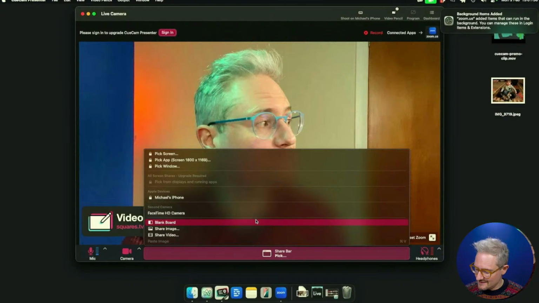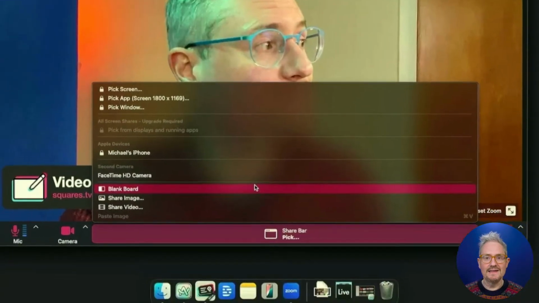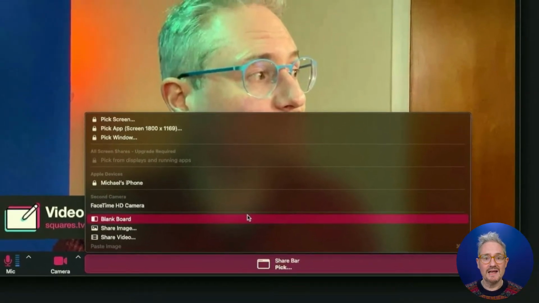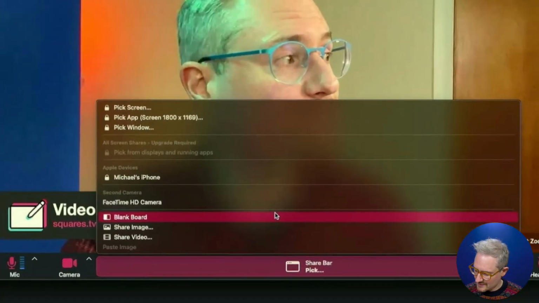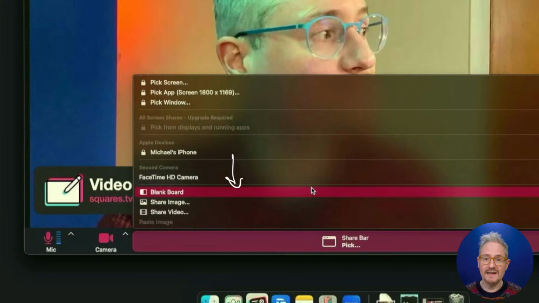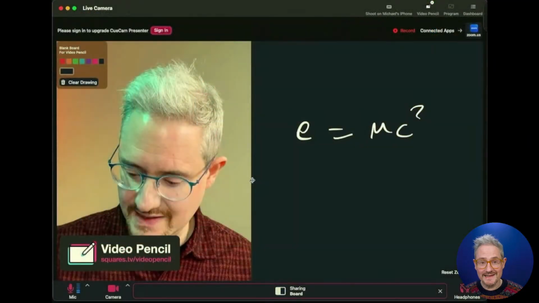You just go down to the share bar and select blank board. So that's this option here. If we just come down to blank board, this option here lets you share a blank board. And what does that look like? It looks like this. You get this resizable area. So you see here, you can see the mouse cursor is in the resize state. So you can make this blackboard wider and narrower and just give yourself as much space as you need to